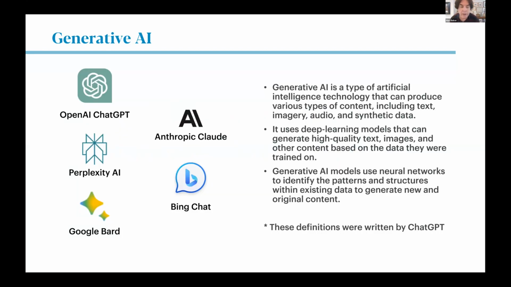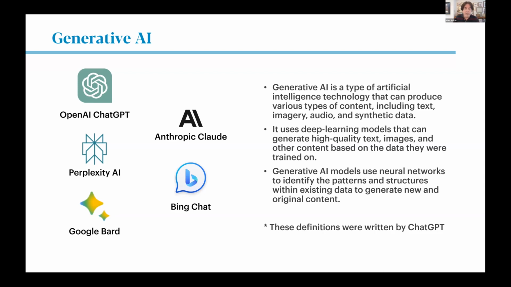Now, you've probably heard a lot of terms. And in fact, in that wonderful little booklet that we're going to send you as a gift for attending the class, there's a lot of definitions of a lot of terms. One of those terms that you hear about a lot is generative AI, right? When I was first approached by SoftEd about putting together a class on generative AI, it's like, generative AI?